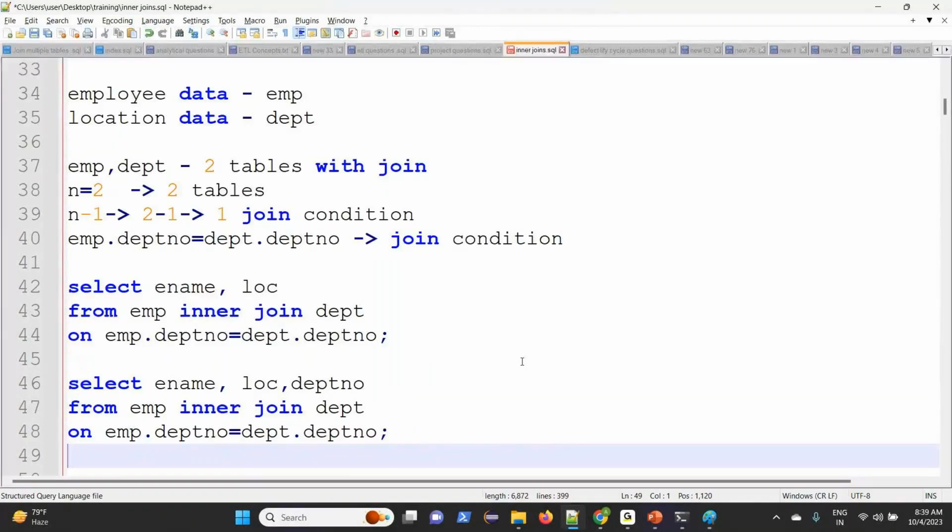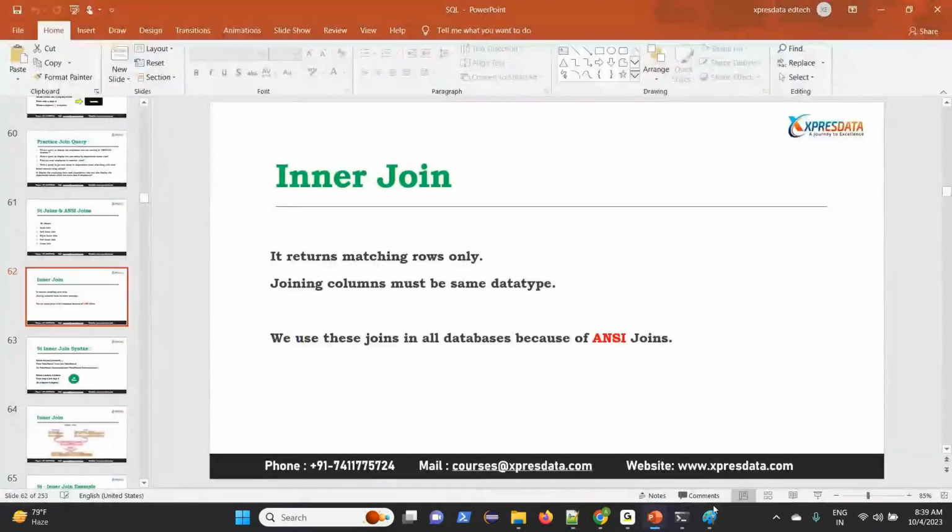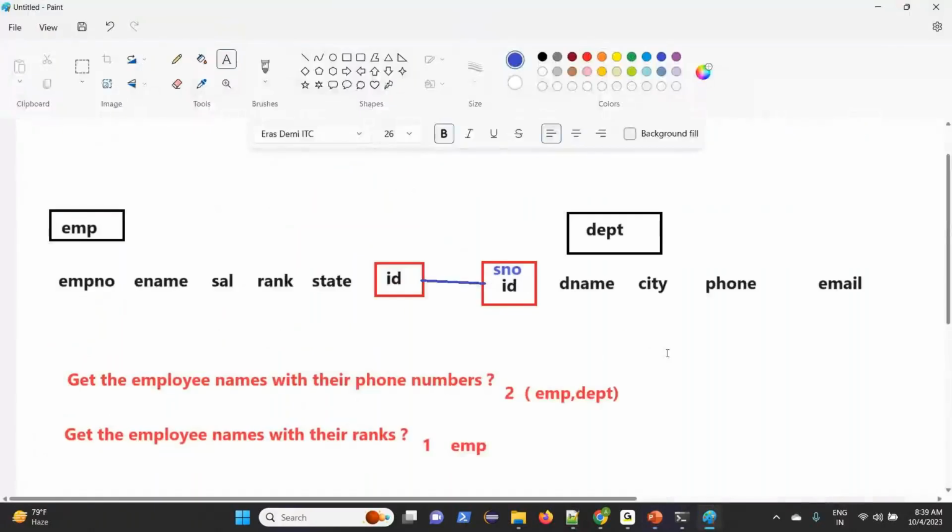Now in the first example, how many tables are we using? N equal to 2. So n minus 1 is 2 minus 1, only one join is required. If n equal to 100, n minus 1 joins, that means 100 minus 1, it will be 99 joins.